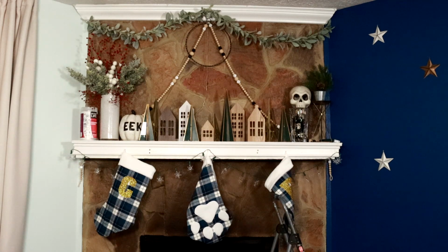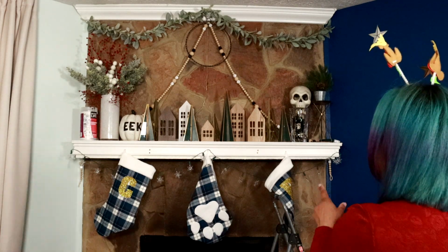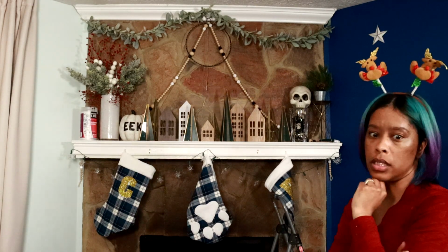I just wish the other one... I wish this one was longer, honestly. I would like to drop down to at least where the mantle is. Looks like we're good. I just need to figure out what lights I want to kind of string throughout these